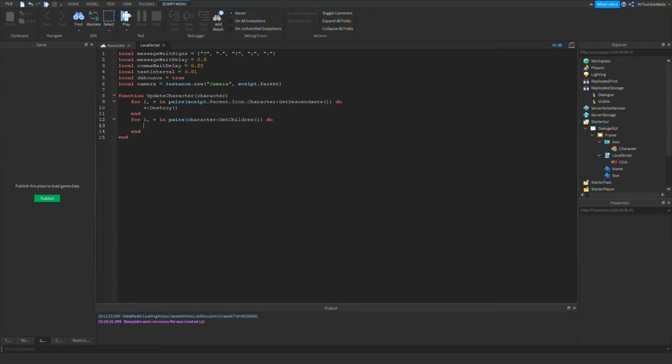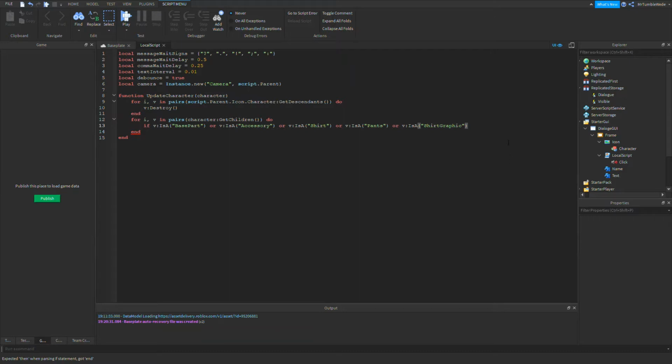So if v is a BasePart, and a BasePart is pretty much like a part, union, operation, and I believe a mesh part as well, or if v is an accessory, which is like a hat or something like that, or if v is a shirt, or if v is pants, or if v is a shirt graphic. Some people have that.